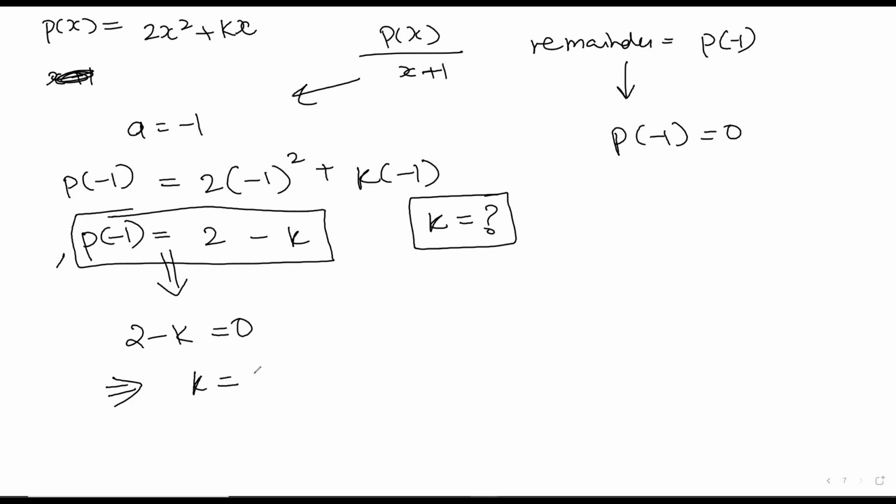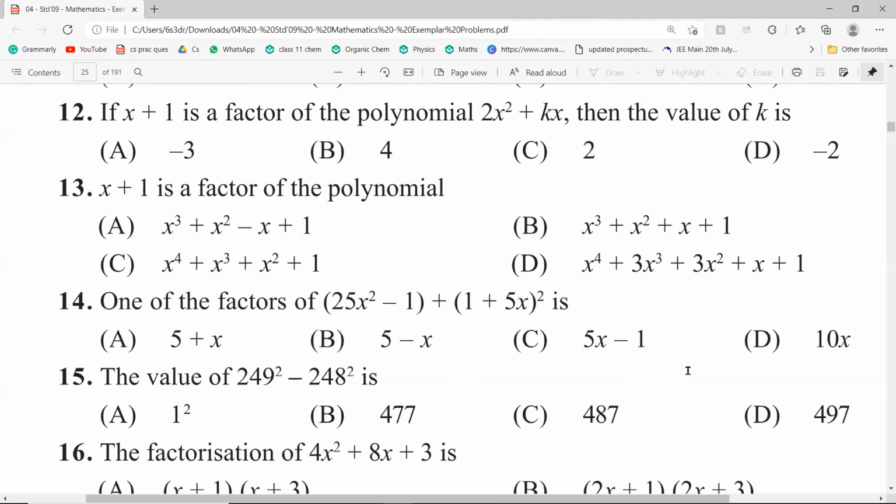Come on. What is the value of k? Ma'am, minus 2 by 1. Okay. What is the value of k? Ma'am, 2. Yeah, it's 2. Do you see why it's 2? Because see, you have 2 minus k is equal to 0. So I'm just going to send this minus k to the other side and it will become plus k. So 2 is equal to k, or basically that means k is equal to 2. Is that clear? Yes, ma'am. Okay. So let's just see what the options were. And there you go. So the answer is 2.